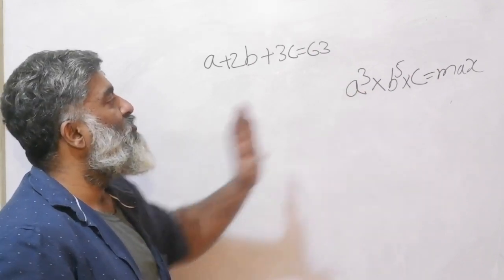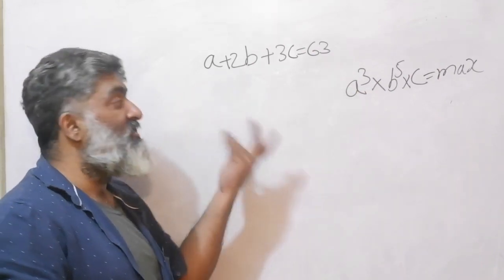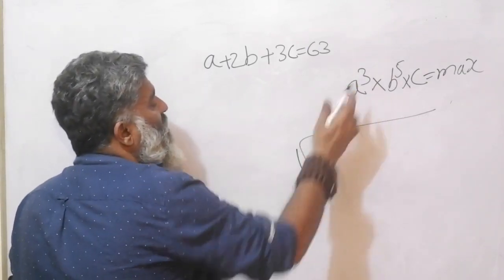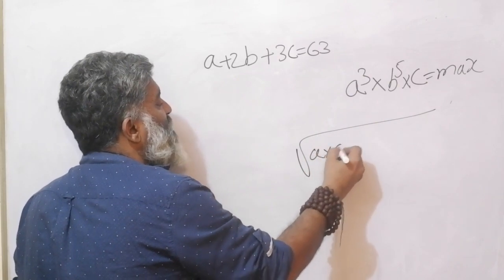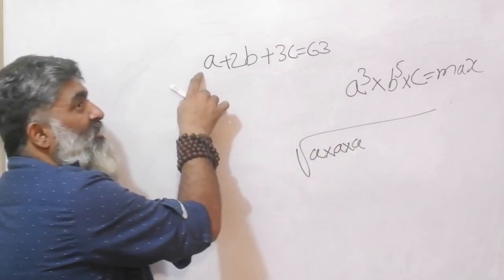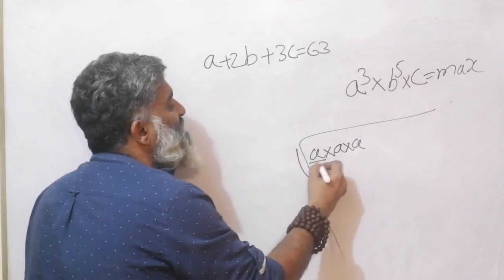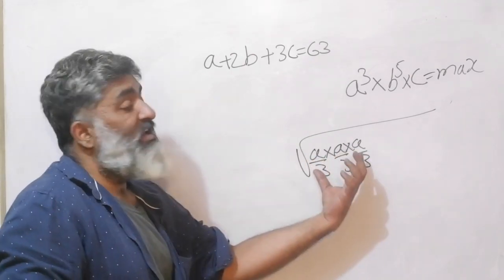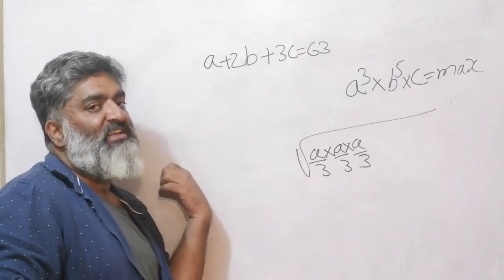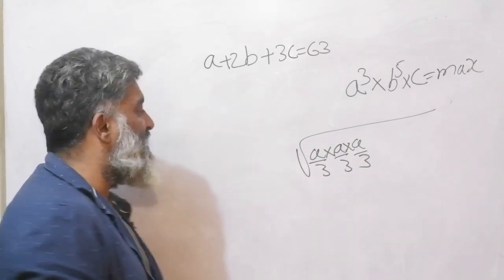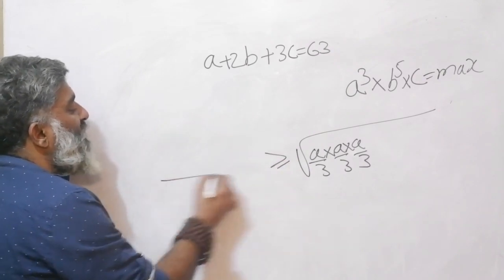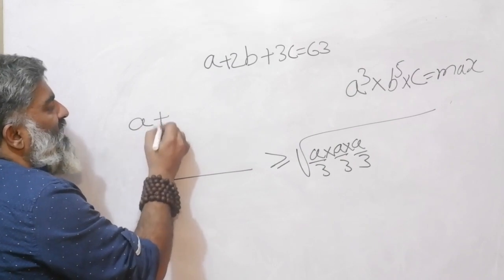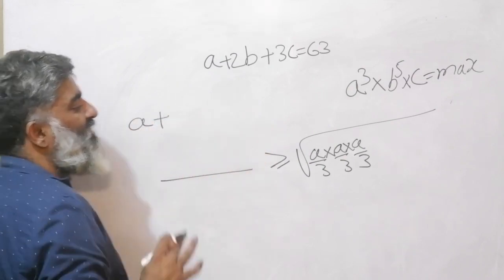So I want a cube on one side, but I want a on the other side. I know how to deal with this. So let's start playing with that game. I want an a cube, that means I will do an a into a into a. So that will end up in a 3a. I don't want that. That means it should be a by 3, a by 3, a by 3. Why? Because if you take these terms and add them up on the other side, you will still just get an a. So put the greater than or equal to sign there, and I will just write an a. In fact, I will write it here and leave this space for the final number.